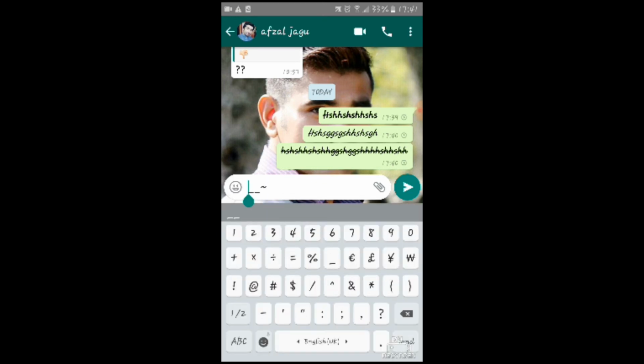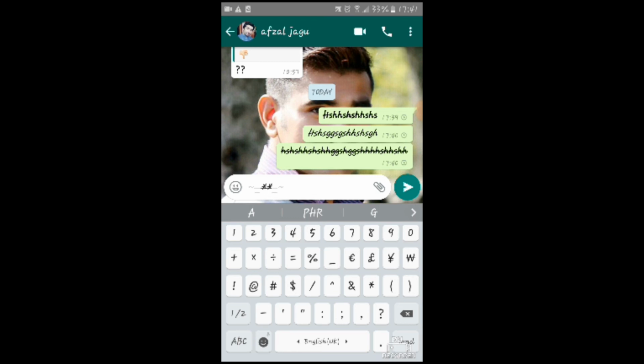Also you have to write this star, 2 times star. You have to write your text between these 6 symbols.